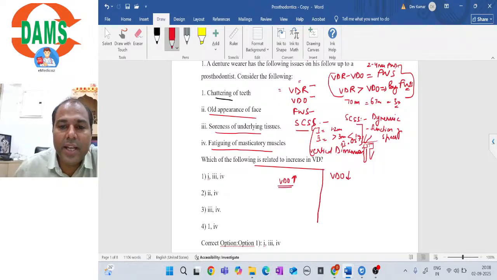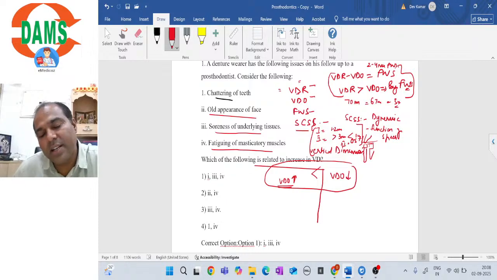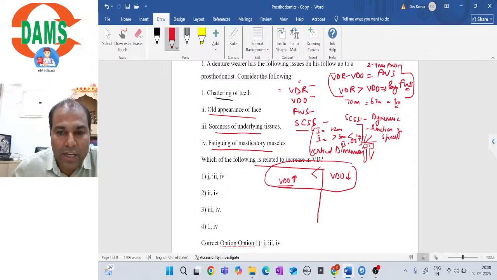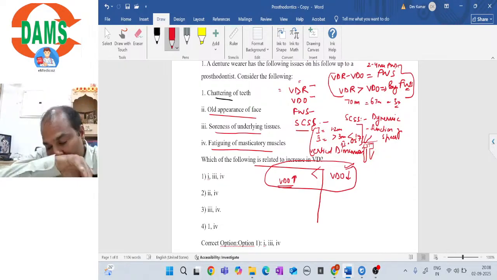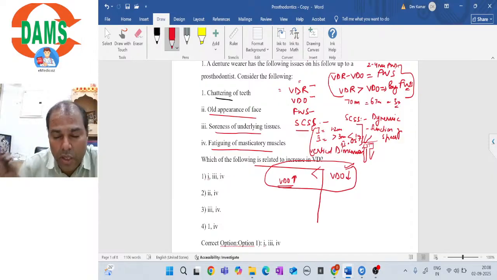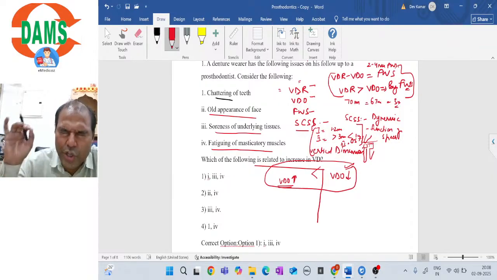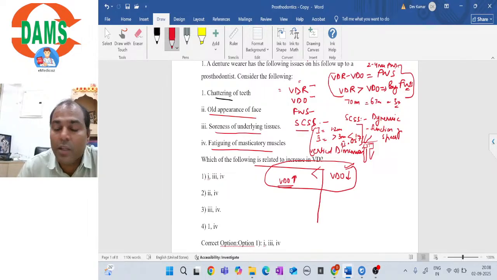Remember, a question has also come asking whether it is better to keep the VD less or more. Both of them are wrong, but a better compromise is that you can keep a lesser VDO, but you can never keep VDO more. Vertical dimension of occlusion, you cannot keep it more, you require a freeway space, remember this. So what are the ill effects of increased VDO? There is no freeway space, so there may be shattering or clicking of the teeth. That is perfect, there may be clicking of the teeth,